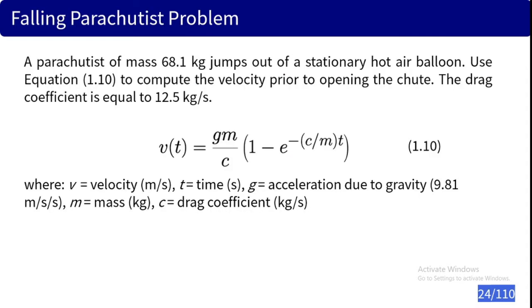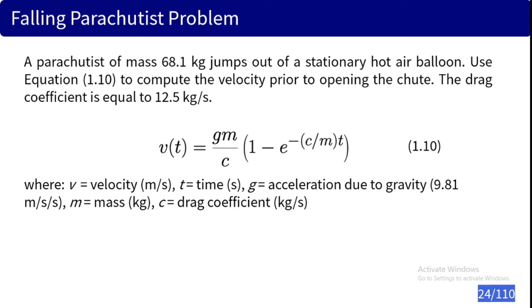So let's look into this example problem, this following parachutist problem. A parachutist of mass 68.1 kg jumps out of a stationary hot air balloon. Using equation 1.10, compute the velocity prior to opening the chute, given nga natay drag coefficient equal to 12.5 kg per second. So, muna siya ang equation 1.10 na to, no? Which is